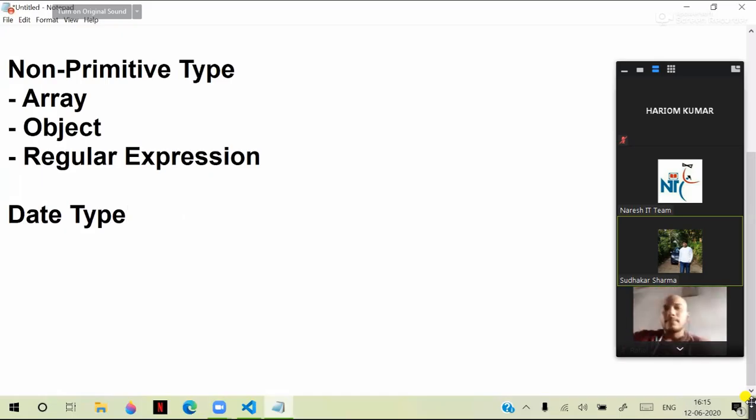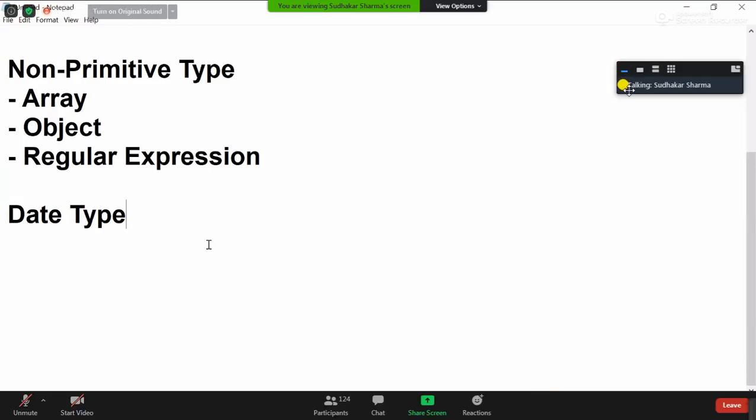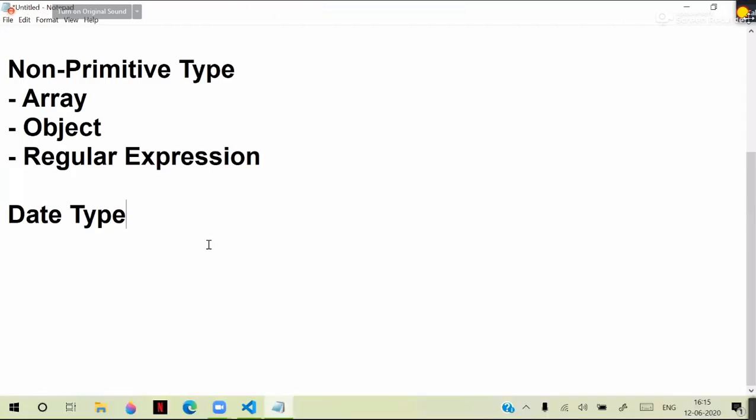How do we work with the date type of values? Working with date type of values, right? Generally, JavaScript dates, you have to know about the date type,